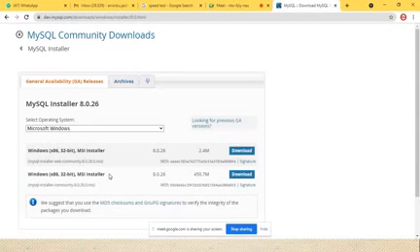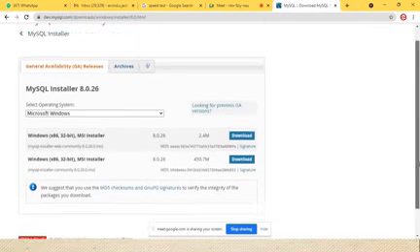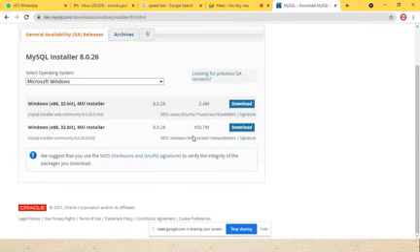Okay, don't worry about that. I have a 64 bit architecture. If we have 64 bit architecture, then we can install 64 bit application software, and we can also install 32 bit. But if we have 32 bit architecture, we cannot install 64 bit software. So don't worry about that. Just download it and install it. Once you download, it requires some time. 450 MB is there. So click on the download.